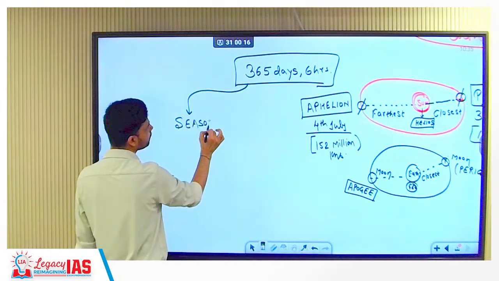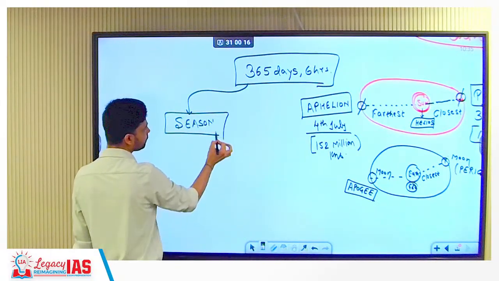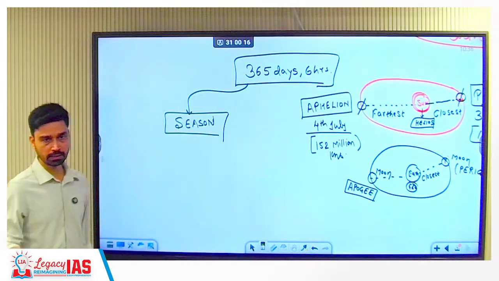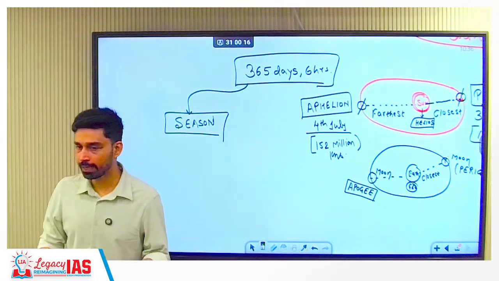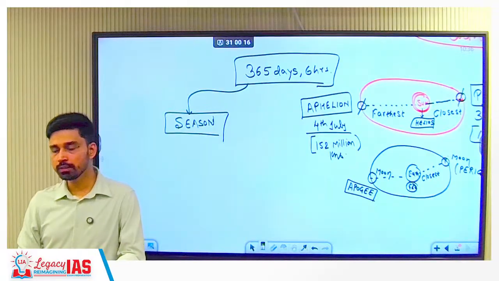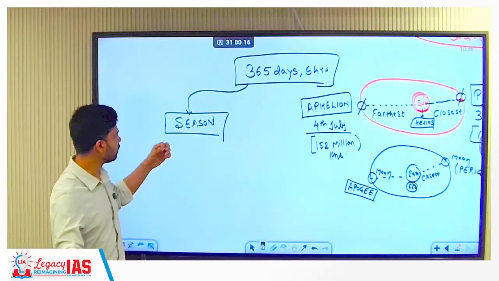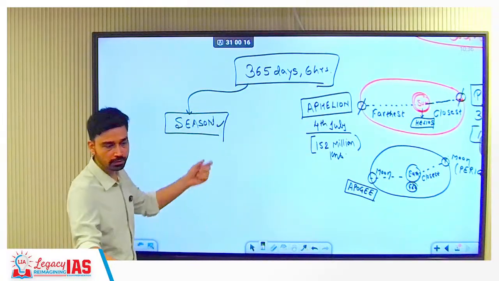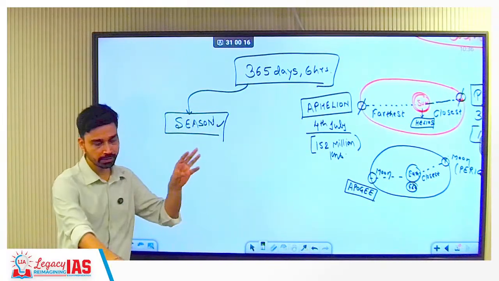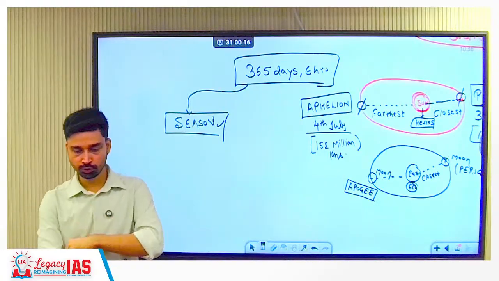We know that on the earth we have four types of season. What is the name of the seasons? Summer, winter, spring and autumn. So all these four seasons that we experience, it is because of what factor? Because of revolution of earth around the sun. So a statement we can write better, that